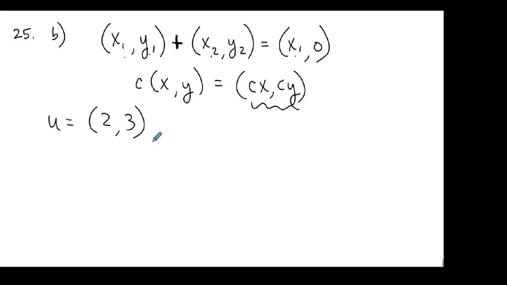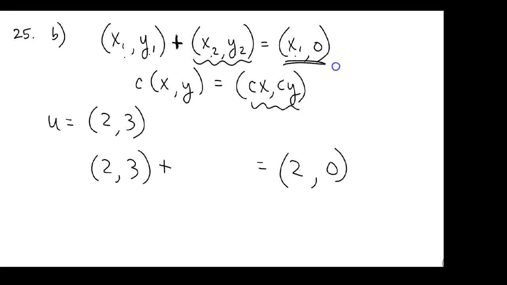That's an ordered pair. If I add that vector to some other vector, I'm supposed to get 2, 0, according to this definition. Well, what if my vector is 0,